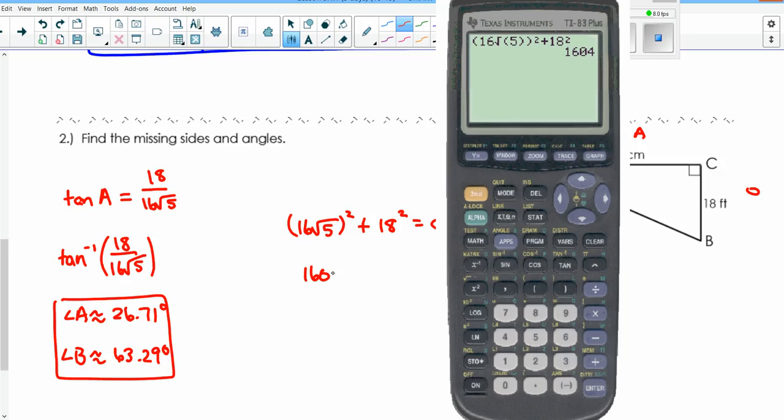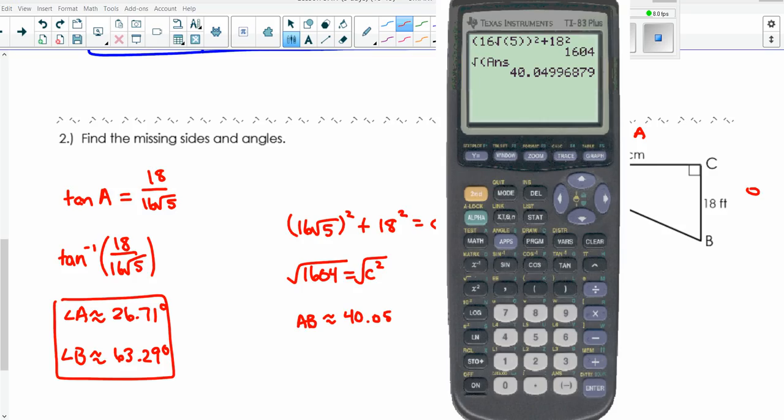Alright, I get 1604. Make sure you guys are doing this so you can check and make sure you're getting the same thing. So root. And I get that segment AB is about 40.05